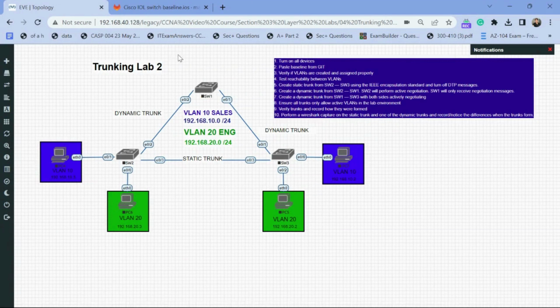So this is going to be the last video we do going over trunking. This is going to be our little bit more complex lab, where we're going to do some trunk pruning, configure trunks dynamically, do some Wireshark captures, look at the differences between static and dynamically formed trunks, and then we're also going to change the native VLAN on a trunk, look at the error we get, just so I can